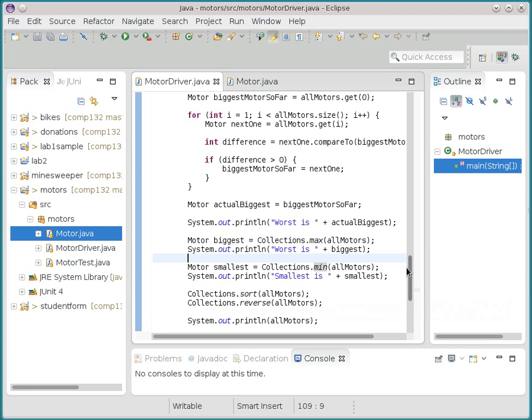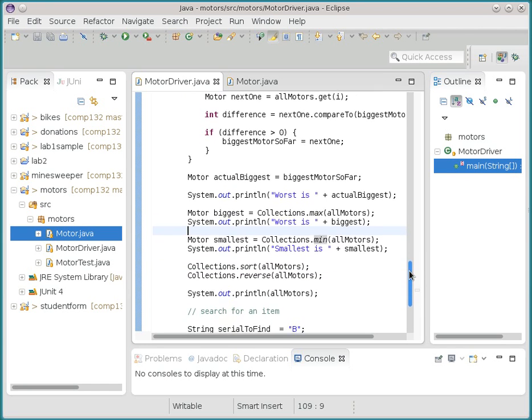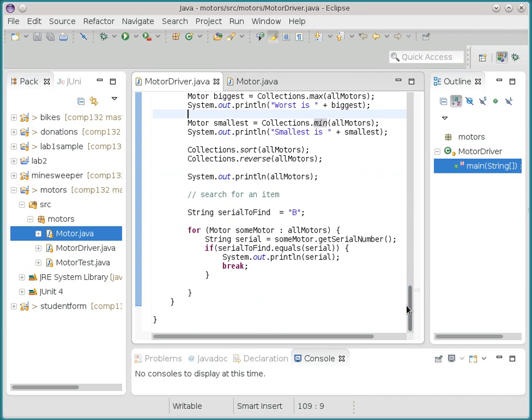Okay, so that's what we did the other day, and then we said, well, okay, what if you're searching for an item? So we started out the same process in searching for an item and said, well, typically the way that somebody would search for something, say by serial number, is to decide, well, here's the serial number that I'm interested in,